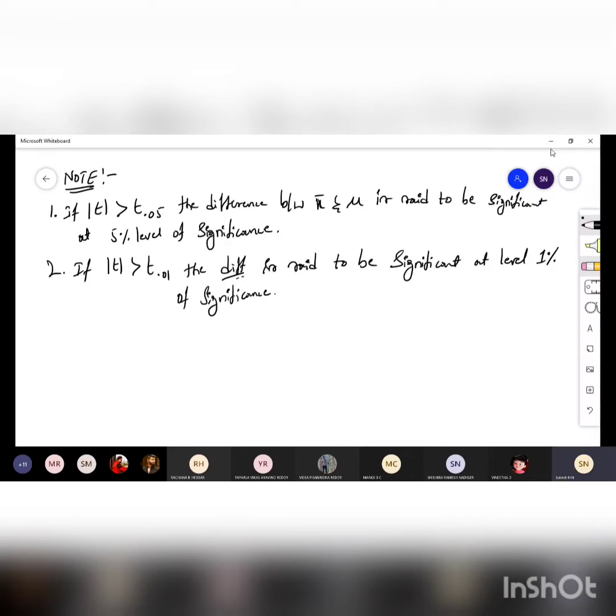Okay, so these two notes are a little bit important. At the end we need to say whether it is 5% level or 1% level. So after this, let us move to the problems directly. I hope you all have understood that formula, the students t distribution formula, and the terms also. So if you are done with this, let us move to the problems.